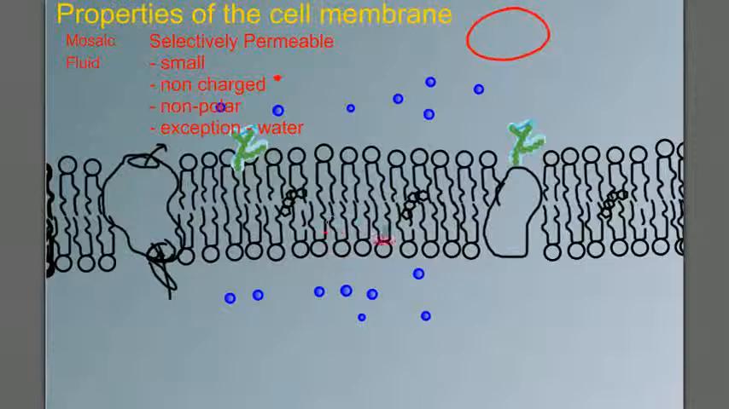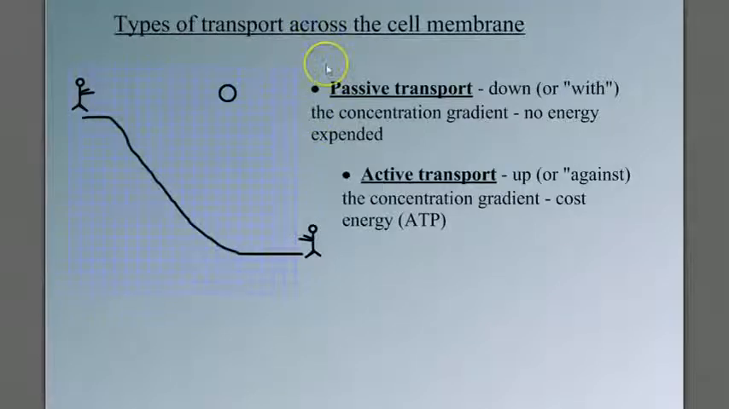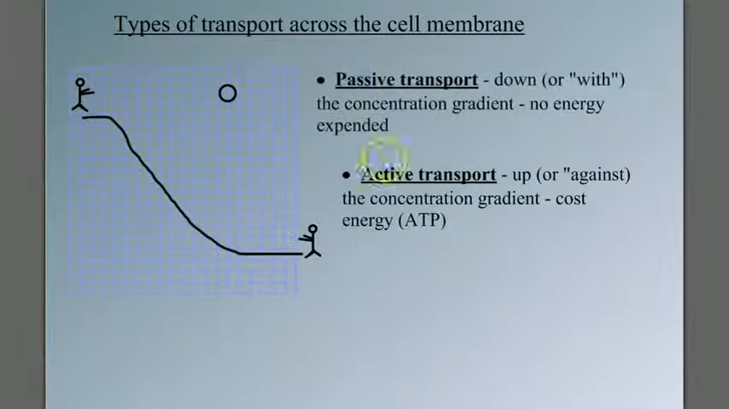this part through this cell bilipid layer. And that brings us to transports. How do things get across the cell membrane? Well, before we get into the specific types of transport, we need to talk about two broad categories: passive transport